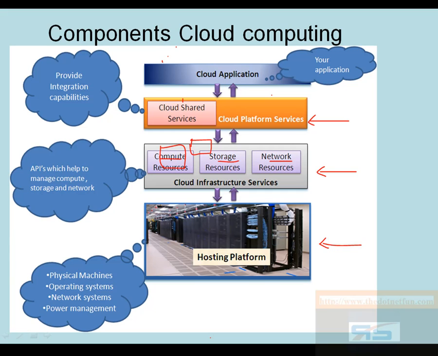So in other words, there are 4 layers. The first one is the physical layer, which actually has the physical machines and the operating system. The second layer is the cloud infrastructure service, which provides you the necessary virtual resources, or a virtual space for every application, and it also monitors computation, storage, and network. The next layer after that is cloud platform services, which provides you the necessary software services like SQL Server, BizTalk, or any other services on a pay-per-use model. And the final layer is your cloud application itself, or your web application.